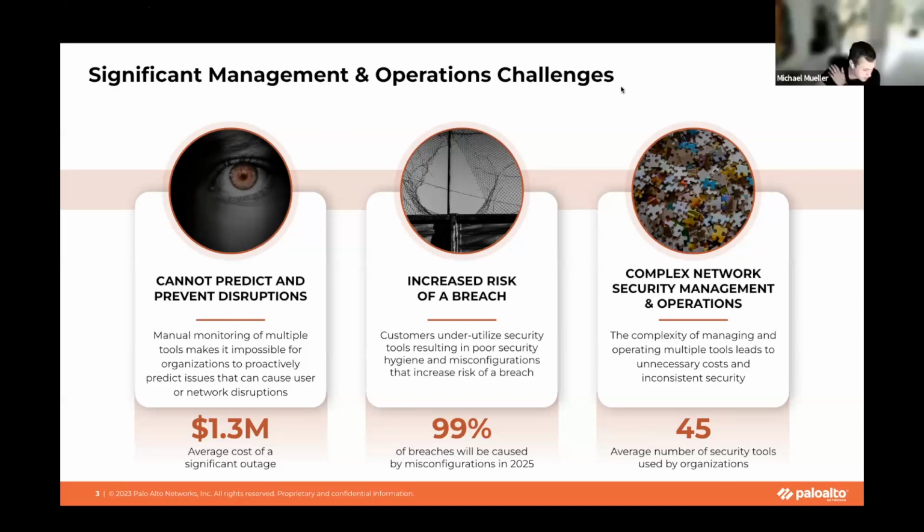So basically you want to watch all those devices to have a good idea about the health status of them. So this leads to disruptions, to network outages, which on average cost a company $1.3 million. The next thing is